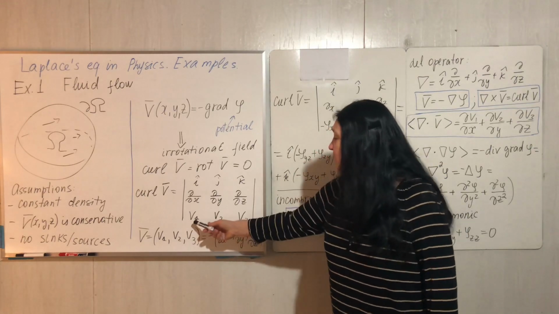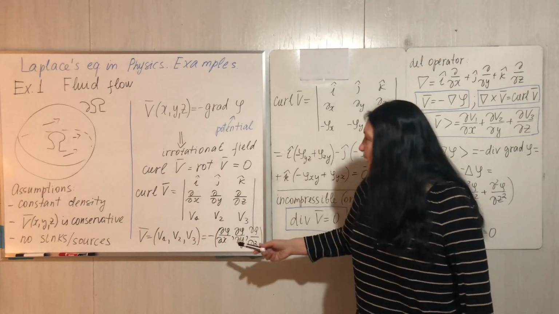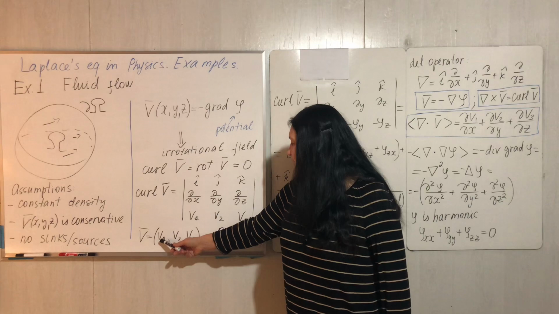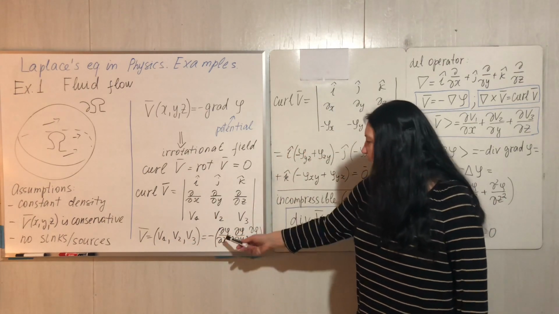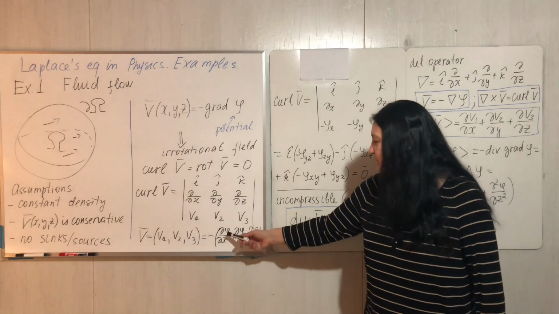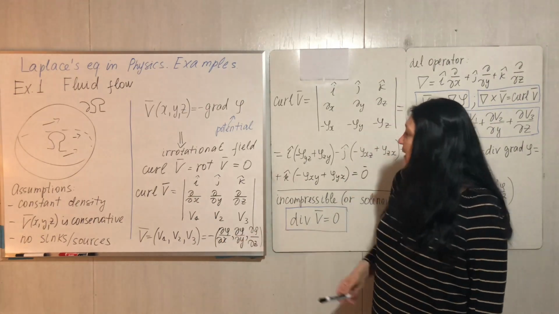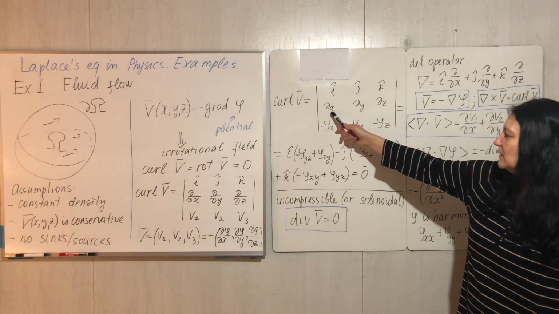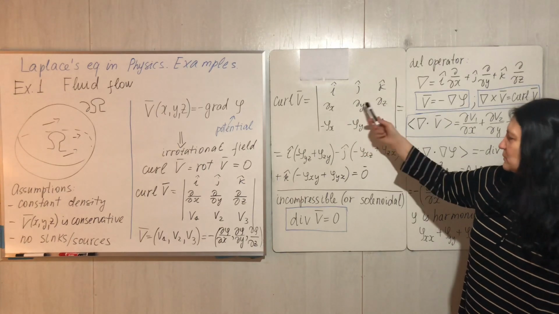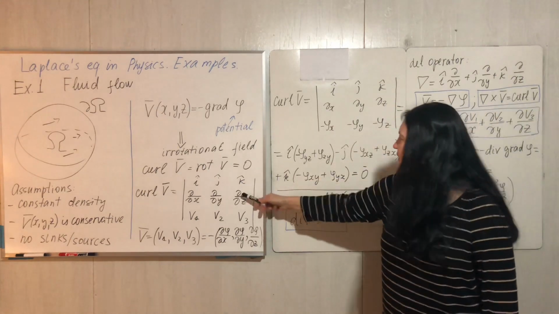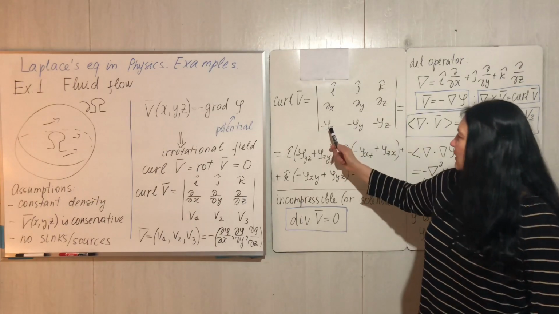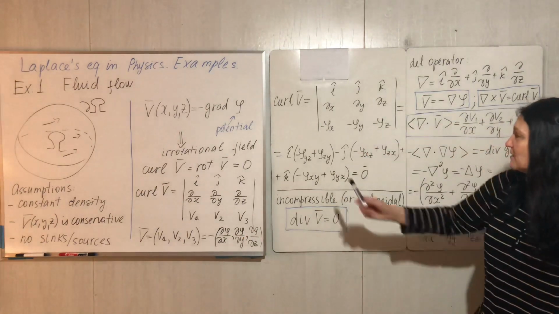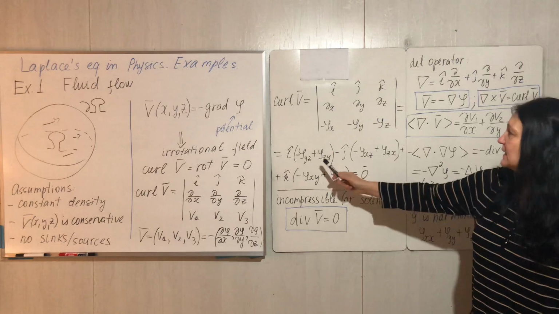But since our vector V is a gradient of function phi, our functions v1, v2, and v3 are, with the sign minus, partial derivatives of our function phi. And then when we plug in here i, j, k, and here derivatives with respect to x, y, and z, which I copied in a lazy way, and here also derivatives of function phi, right, this vector, and then we can rewrite this and take into account that